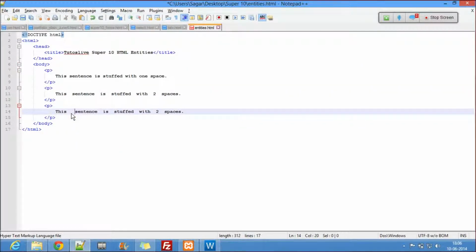Here, one more space, one more space, one more space, one more, and one more. Right, let's say this. Now let's see how this appears, how it looks.